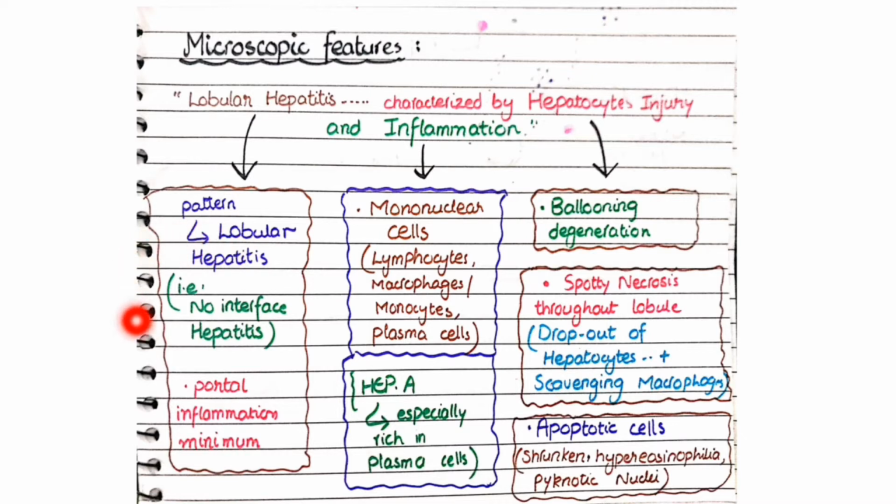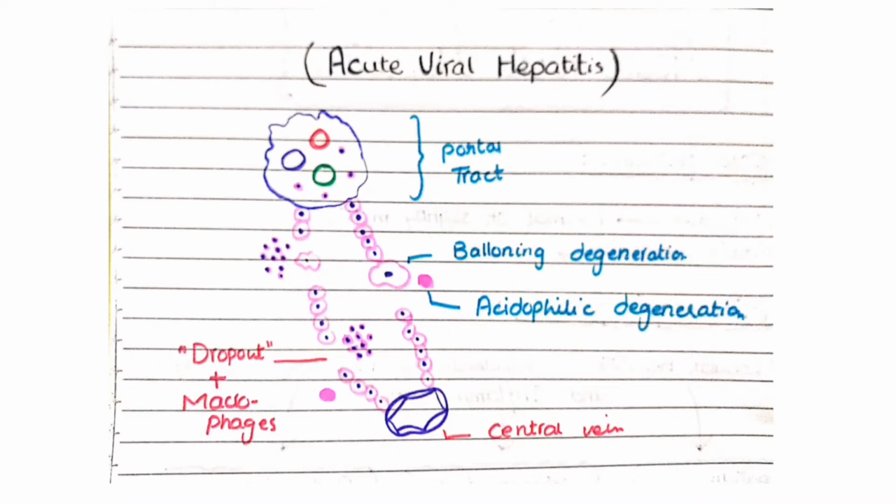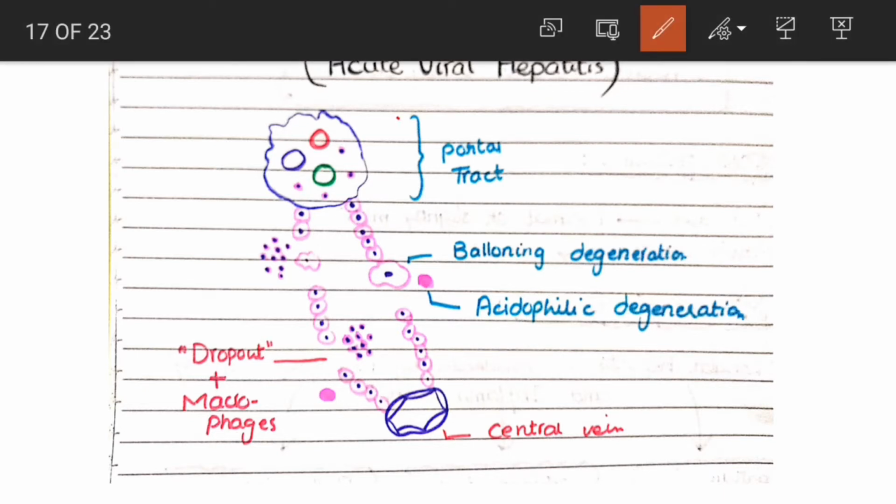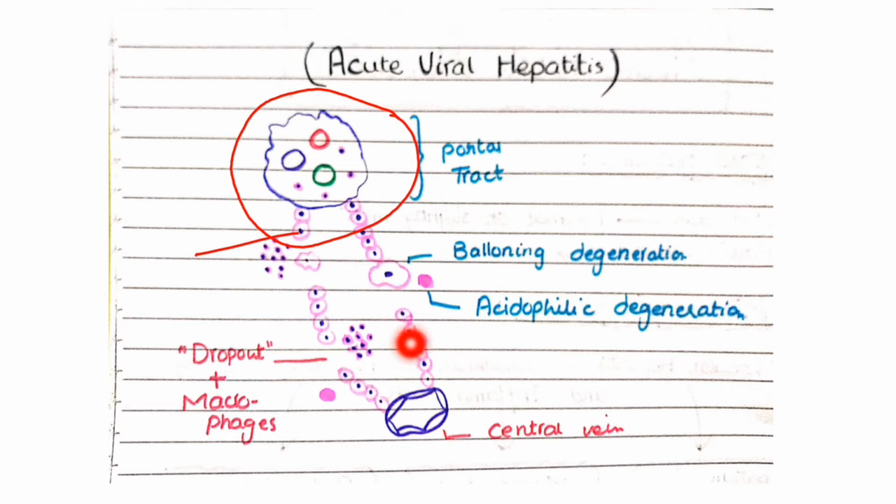This is in contrast to interface hepatitis, which is present in chronic viral hepatitis but is not present in acute viral hepatitis. Now what does interface hepatitis mean? Interface hepatitis means that the necrosis and inflammatory cells are present at the interface between the hepatocytic parenchyma and the portal stroma. In acute viral hepatitis, at this labeled interface there is no inflammation and no areas of cell injury. So interface hepatitis is absent in acute viral hepatitis, and you can see minimum inflammation and minimum cell damage here.